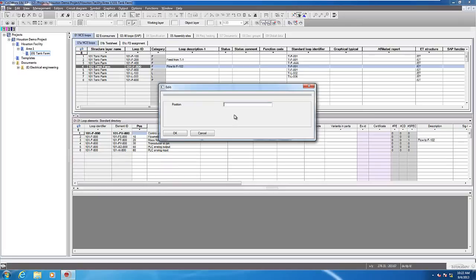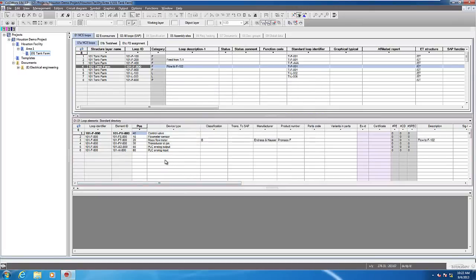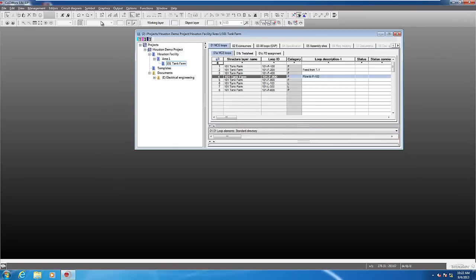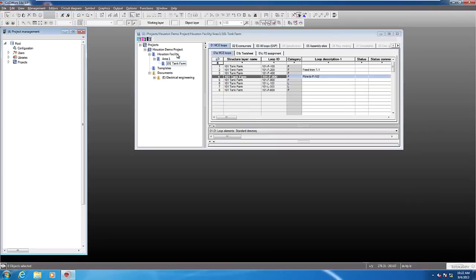Okay, I see I need to go back and fill in a position value. I've got to make sure that those are existing so that the next process we're going to create our new loop diagram. Now before we do that, I want to show you quickly, as part of the project you have